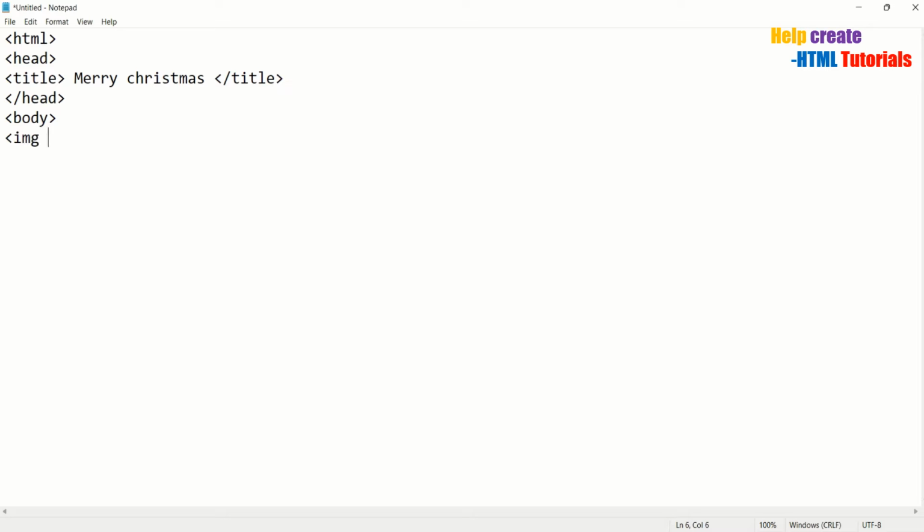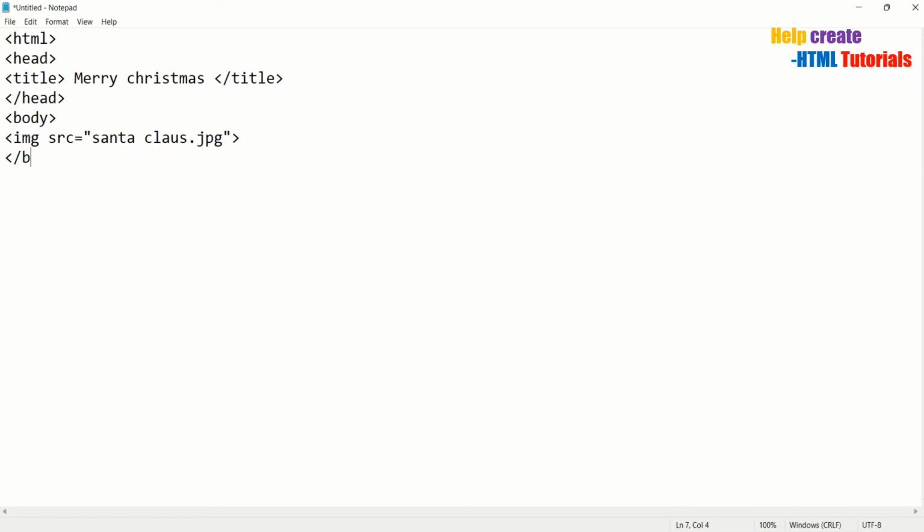Now let's insert the image: src equal to, put it in double quotes, Santa Claus dot jpg. You can come to know about your image format by right clicking on the image. You can go to properties and you can find it out. For some images it can be png also. So we'll first see how the image is getting inserted and then we'll try adding the attributes and all.